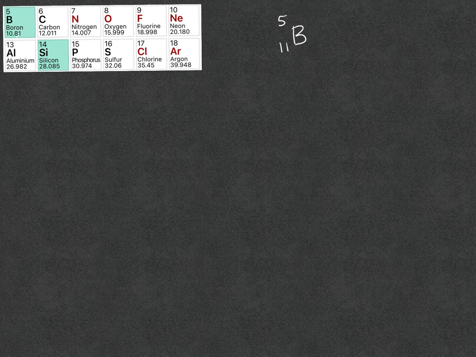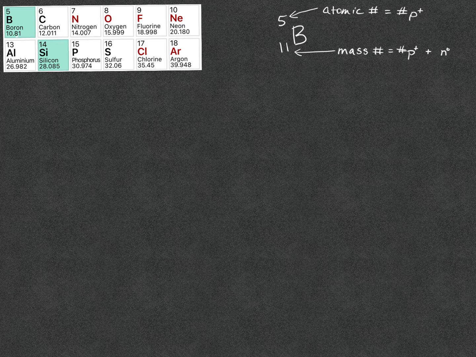Now the first thing that we want to do is identify what these numbers are. So the smaller of the two numbers, which in this case is a 5, is the atomic number. And the atomic number tells us the number of protons in an atom of boron. The other number that we see there is called the mass number or atomic mass. And this number is going to tell us the total of protons plus neutrons added together within an atom of